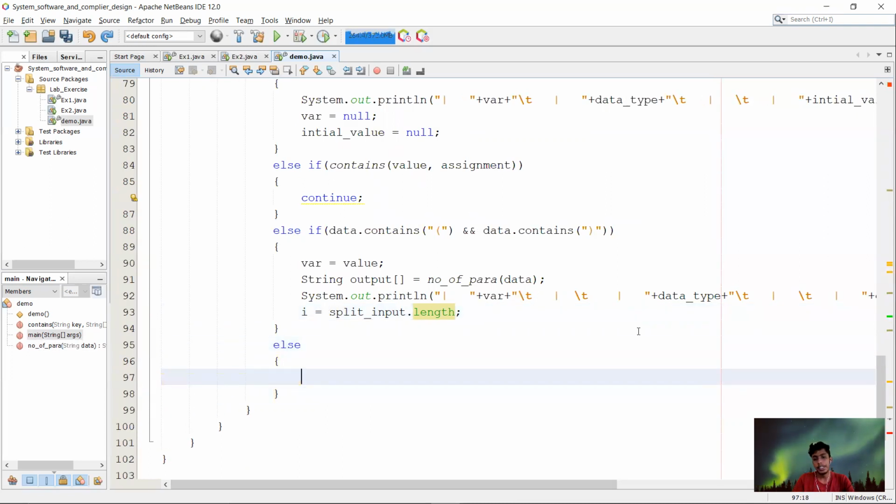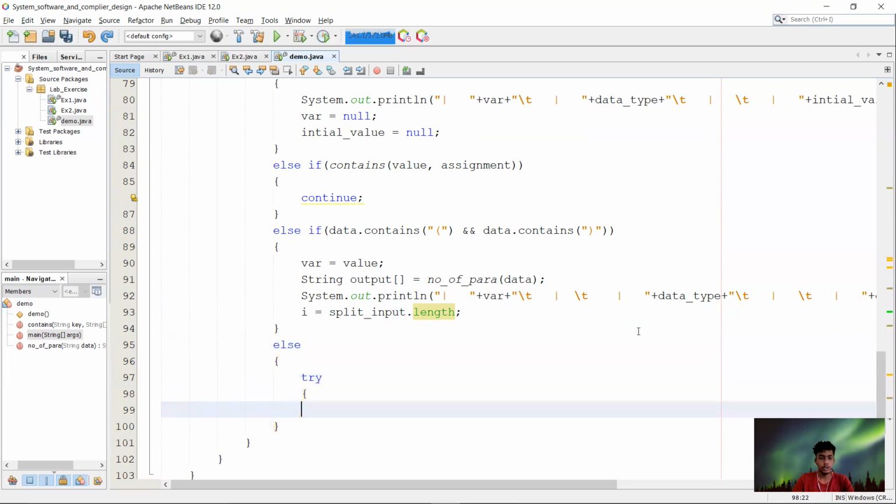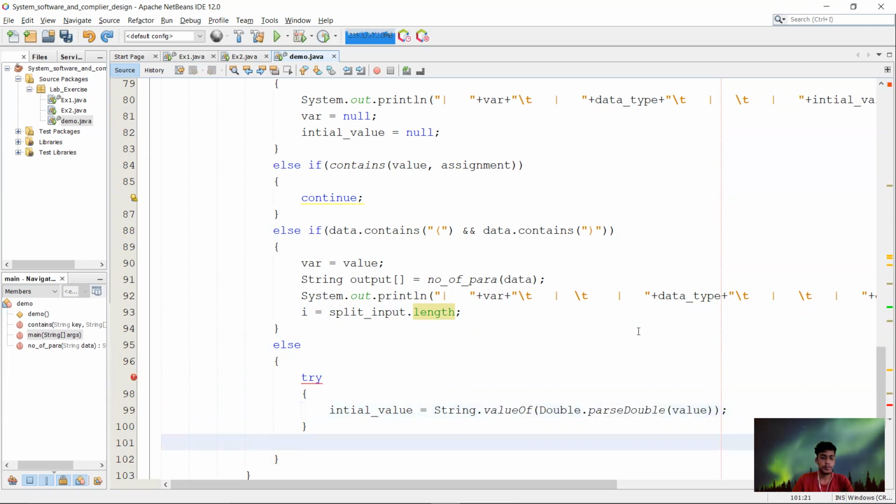Otherwise, if it is a number, I'm going to take it as double. If the value is a number, I'm going to change it to double and store it in the initial value.